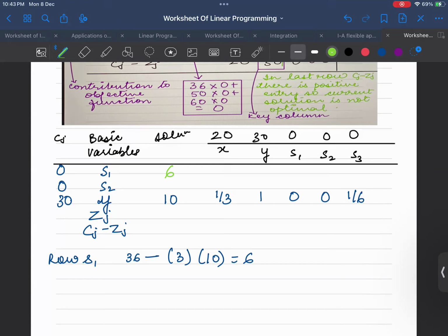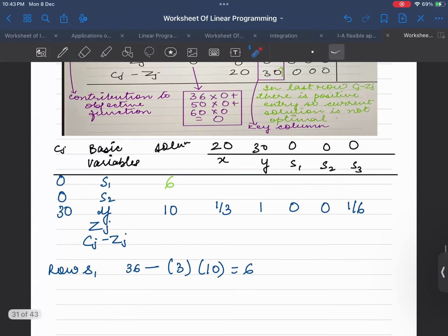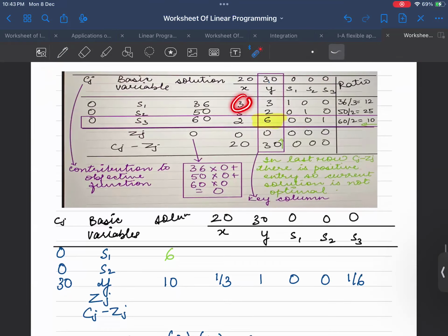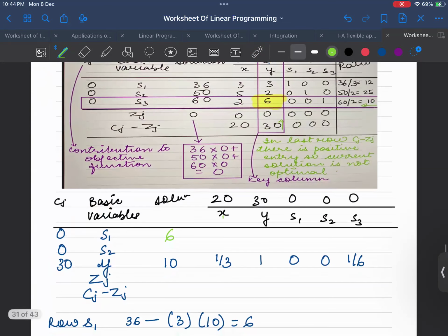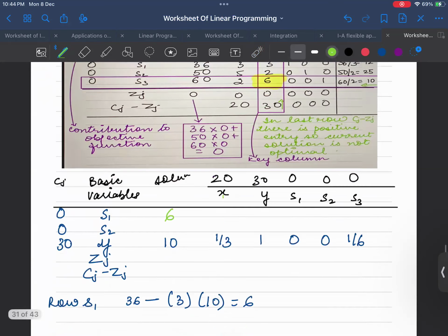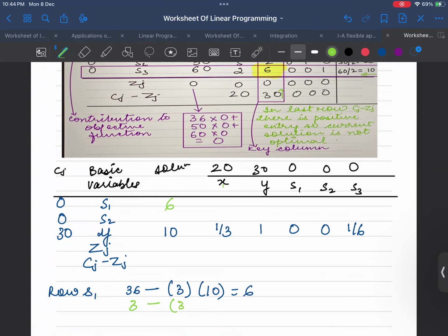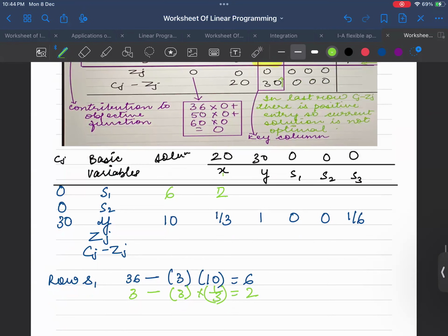देन इसी जगह इसी के लिए मैं निकालती हूँ, मेरा इधर के लिए कितना है, ये वाला, ये इसके लिए मेरा हो गया 30, इधर मेरा पहले कितना था 3, ये 3 माइनस 3, दिस 3 नीड्स टू बी मल्टीप्लाई विद द कॉरेस्पॉन्डिंग, नहीं ये वाला, हाँ ये 3 माइनस इस वाले 3 से, एंड विच नीड्स टू बी मल्टीप्लाई बाय दिस कॉरेस्पॉन्डिंग वैल्यू ऑफ एक्स के, क्योंकि मैं इसके लिए निकाल रही हूँ, है ना, तो मेरी वैल्यूज क्या आ गई, मुझे एक्स के नीचे वाली वैल्यू के लिए निकाल रहे हैं, इधर मेरे पहले क्या लिखा हुआ है, 3 है, दिस वन 3 लिखा हुआ है, आई विल कैलकुलेट 3 माइनस कॉरस्पॉन्डिंग 3 है, मल्टीप्लाई न्यू वाली से 1/3 है, इट कम्स आउट टू बी 2, ठीक है, मेरा यहाँ आ गया 2,